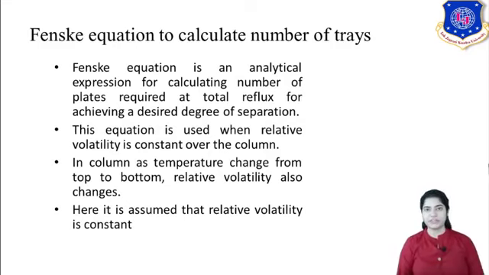So when total reflux is there, and they might give it in the exam also, then you have to use the Van Winkle equation. Now for this equation, the first assumption is that your relative volatility is constant over the column. See, from bottom to top, your temperature is changing. As temperature changes, your vapor pressure changes, and because of that volatility also changes. Relative volatility changes. But when we are doing the derivation, we assume that the relative volatility is constant over the column. So the assumption is constant relative volatility.